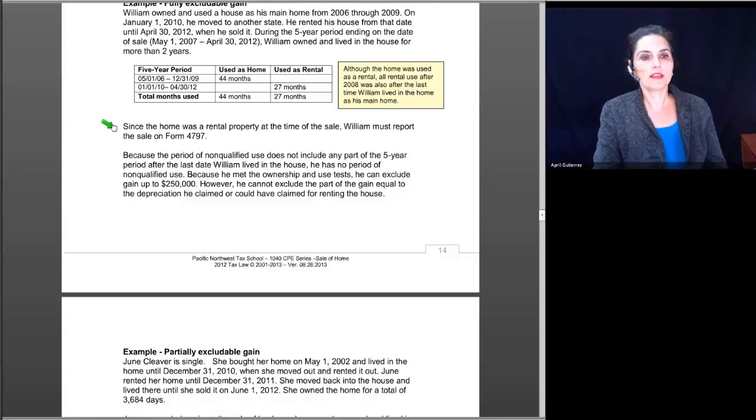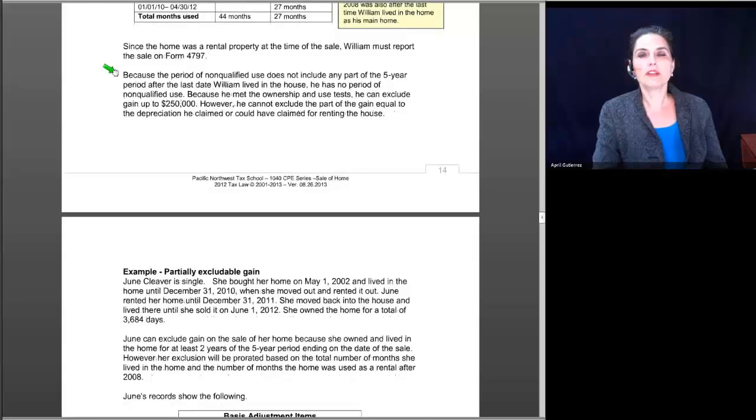Since the home was a rental at the time of sale, William does need to report the sale on Form 4797. However, because the period of non-qualified use does not include any part of the 5-year period after the last date that William lived in the home, he has no period of non-qualified use. And because he met the ownership and use test, he can exclude the gain up to $250,000, but of course he cannot exclude any part of the gain